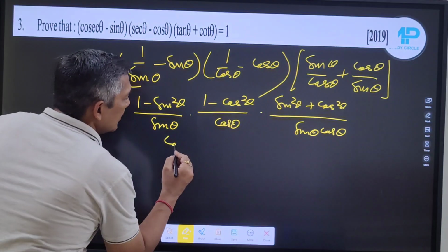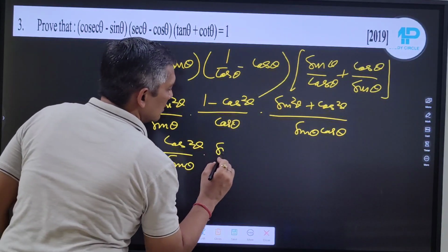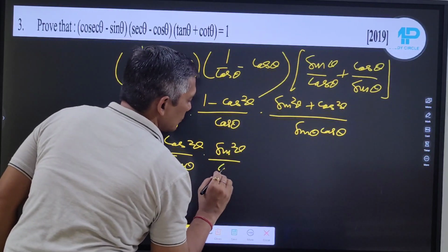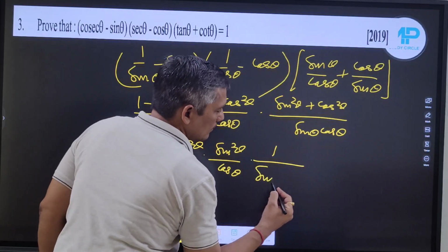This cos square theta upon sine theta, sine square theta upon cos theta, 1 upon